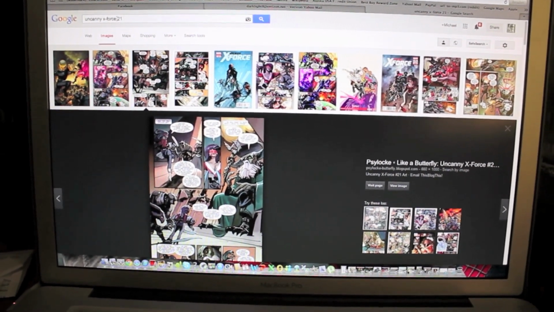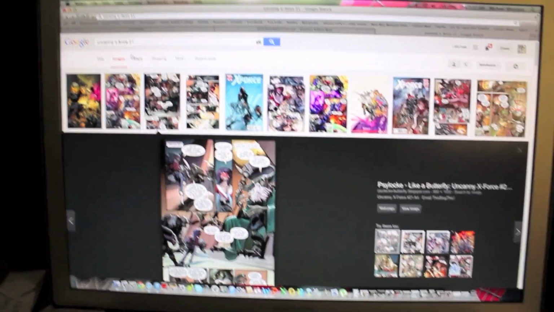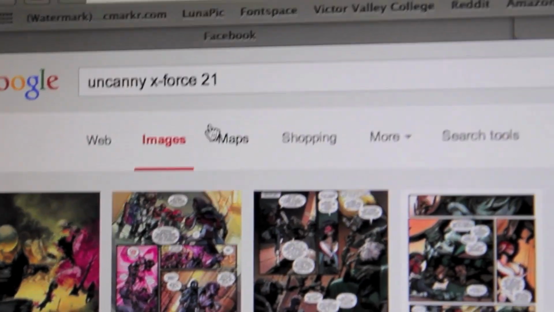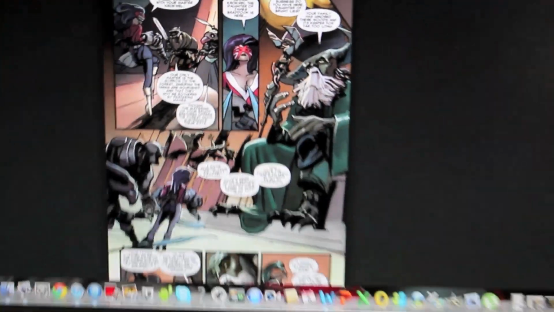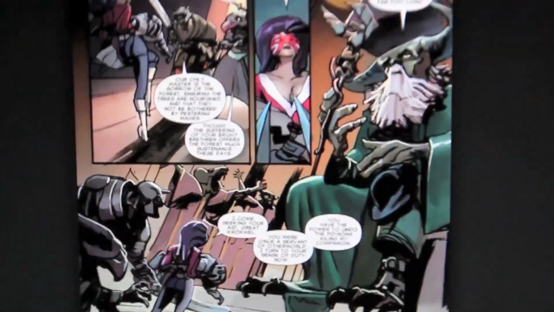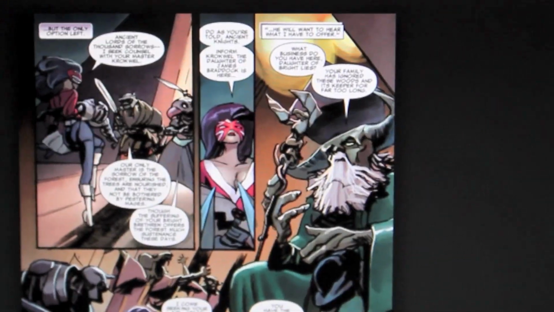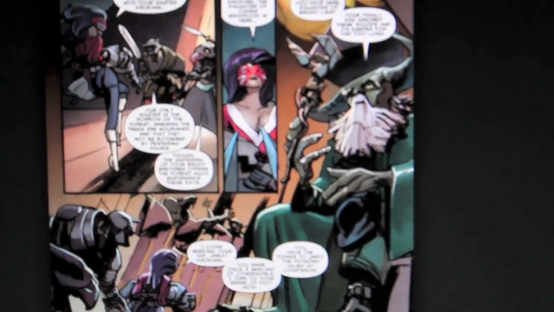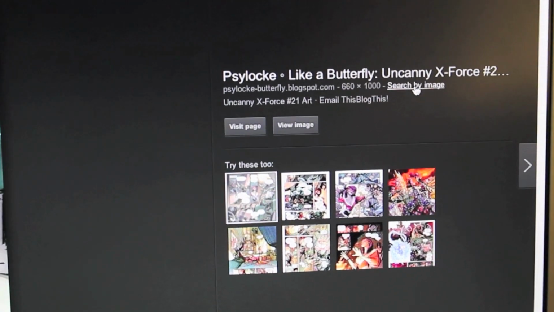Type in the name of the series and an issue number around what you're trying to go for. So just as an example here, I've typed in X-Force or Uncanny X-Force 21, and you can see already the first couple results are comic pages from that issue. Boom, there you go. You got at least 15 different cutouts right here. So what you're going to do is, because we don't want small sizes for this, we want big files for clearer and crisper cutouts. We're going to go over here and click search by image,